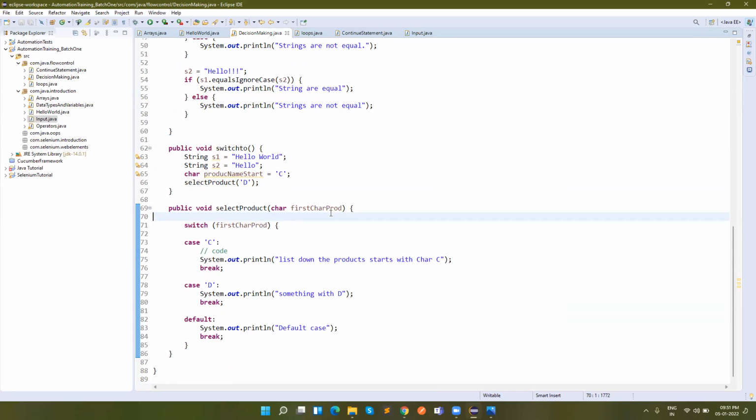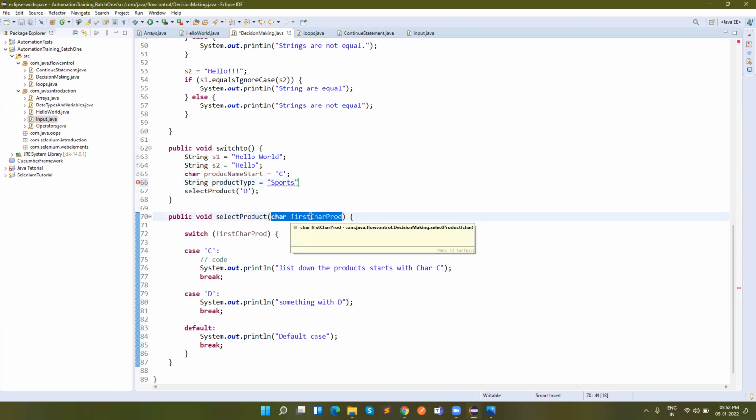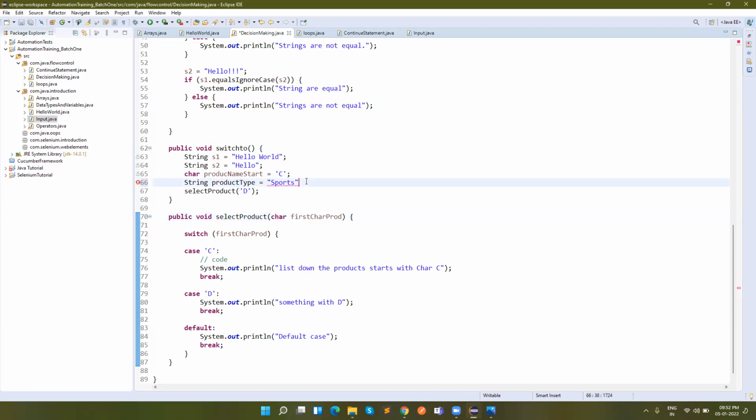Like, for example, here the product name, a string. Let's say whenever you go to the mall, we have different sections available, right?